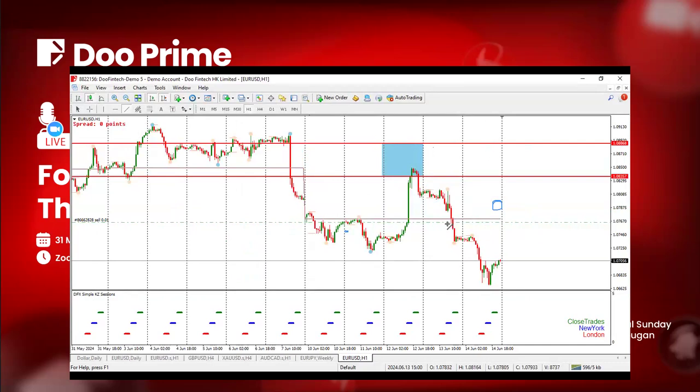I think this is where I entered. It dropped to this point and I felt this move can't go like that. I need to take something out of here. Now, I was supposed to enter around here. But you see, at this level, that part of psychology that I was telling you guys, like if you don't have a trading plan, I didn't make use of my trading plan here.